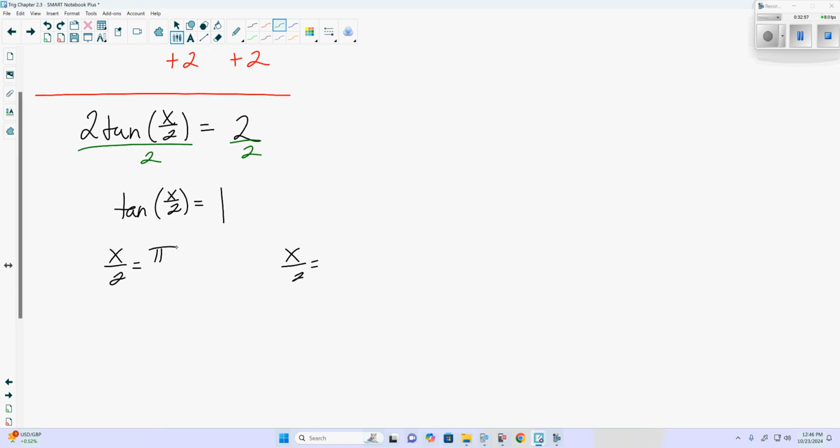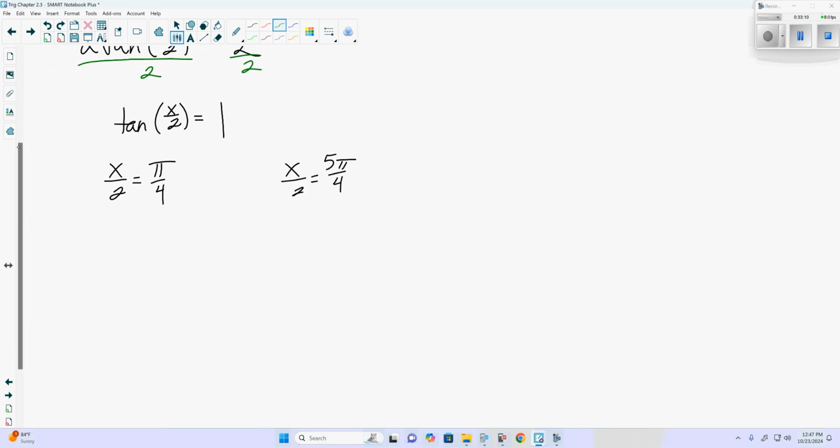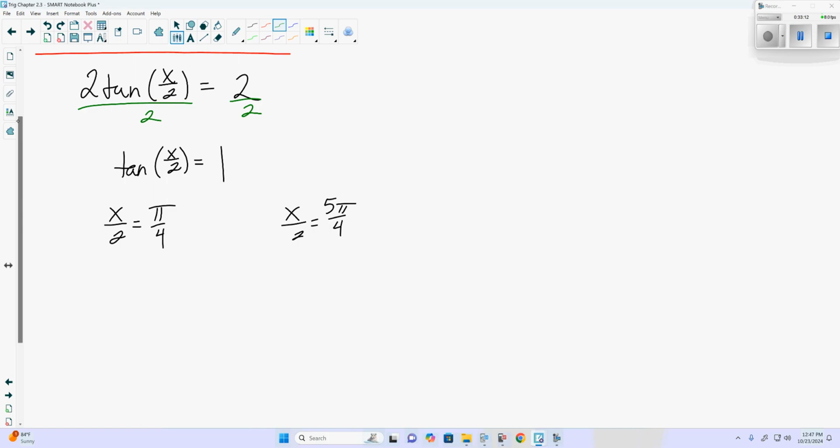Pi over 4 is one of them, yes. And incidentally, these are both going to end up giving us the same angle. Did you get it? So I went,